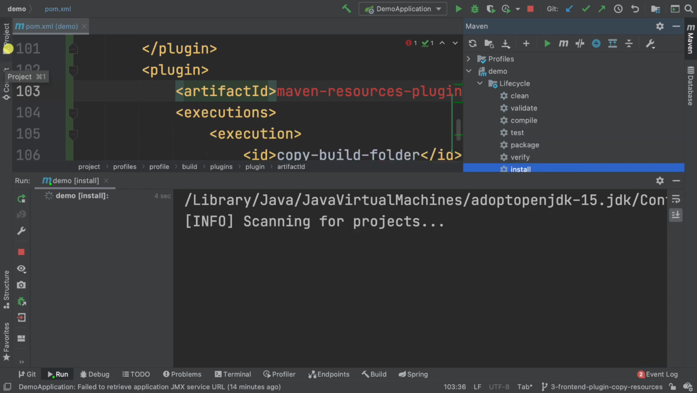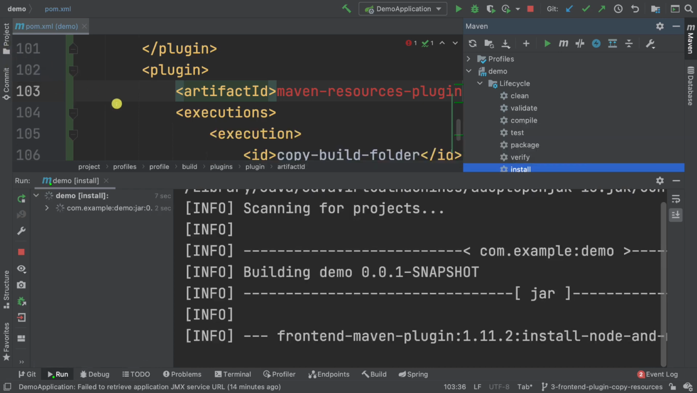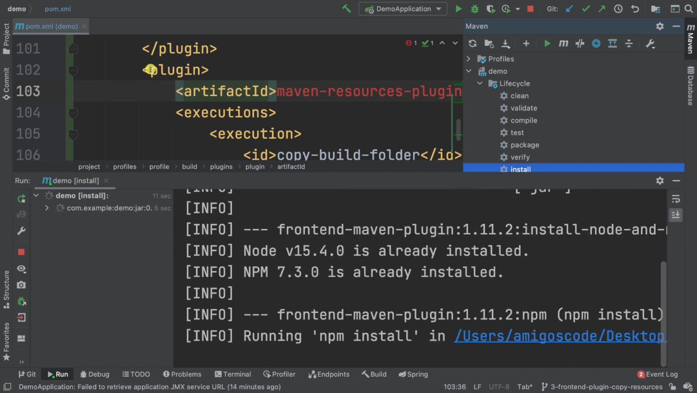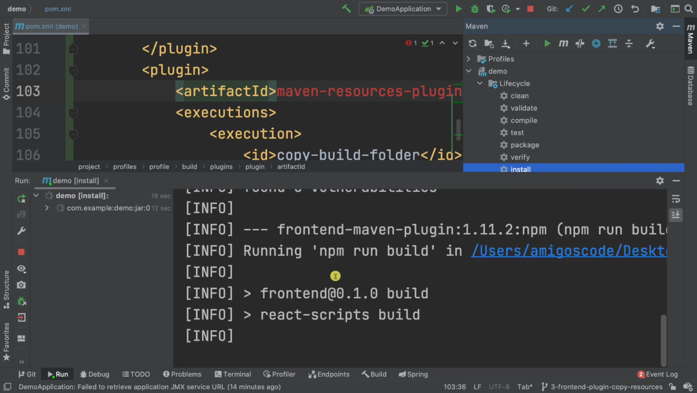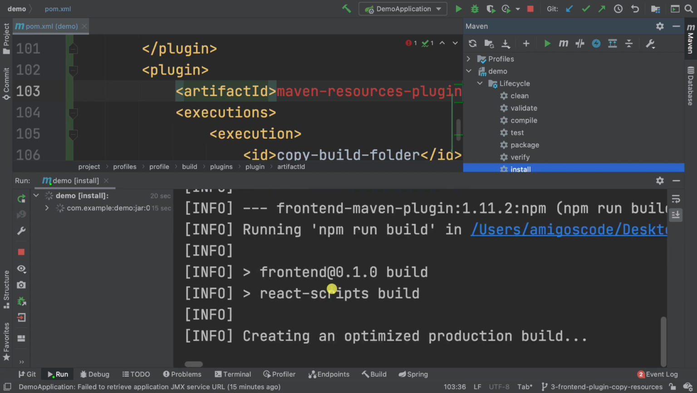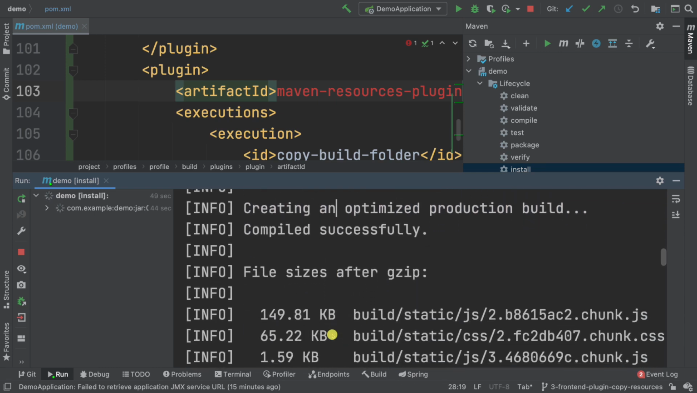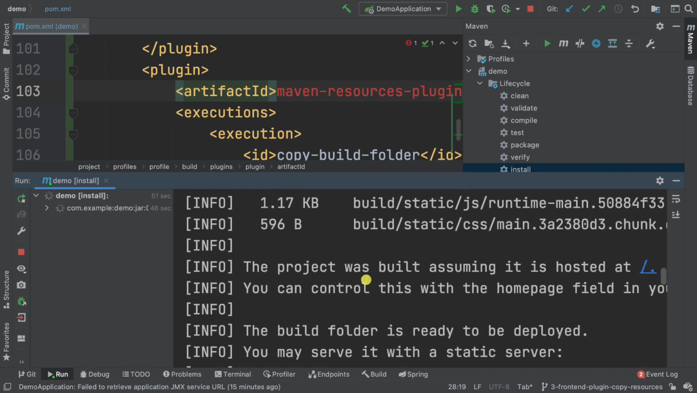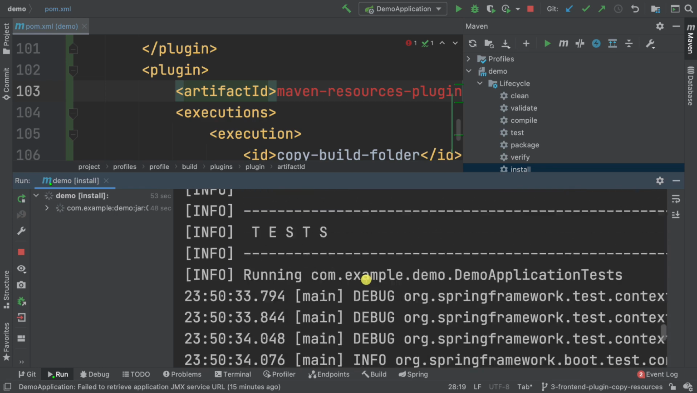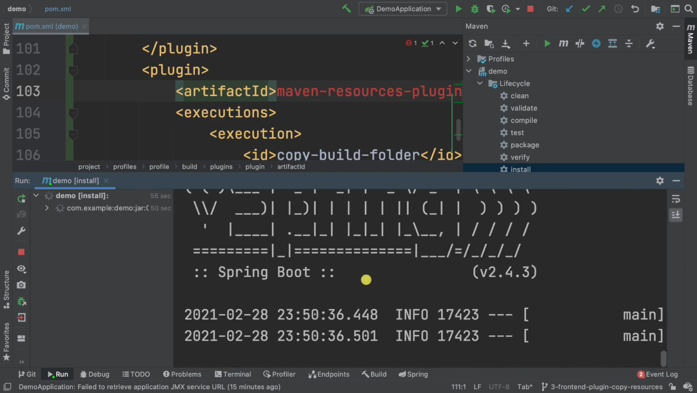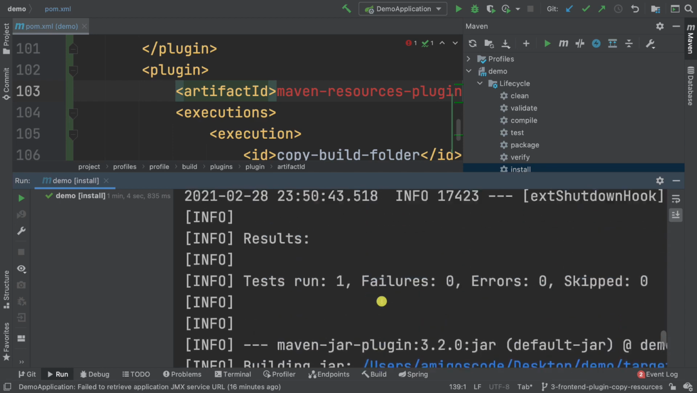So before, we didn't have the static within the target folder, and now hopefully, if no mistakes, this should work. So you can see running npm install, running the build, creating an optimized build for production, and compiled successfully. And you can see all of the files in there. And now it's running the tests. And if I scroll up,